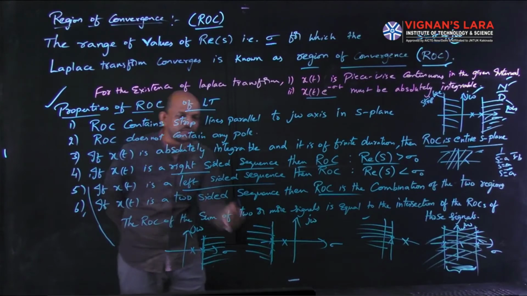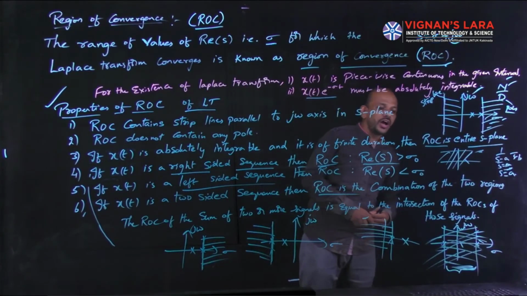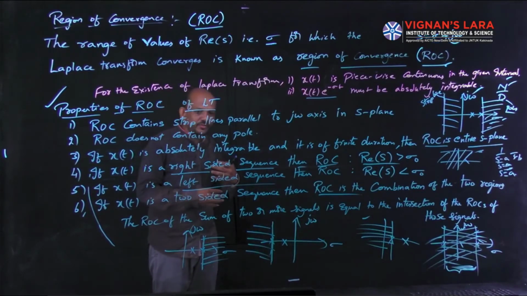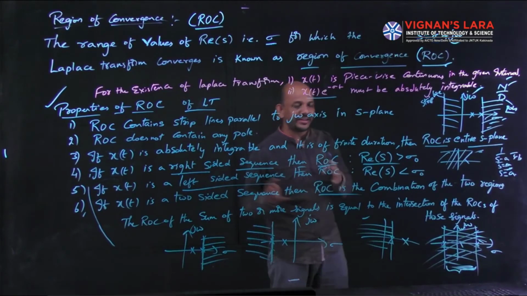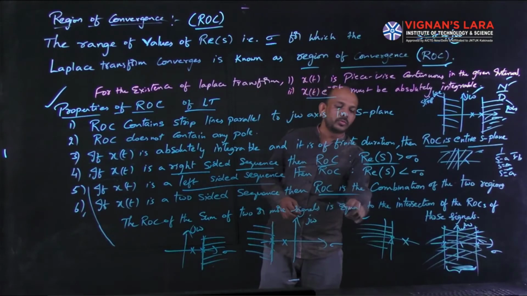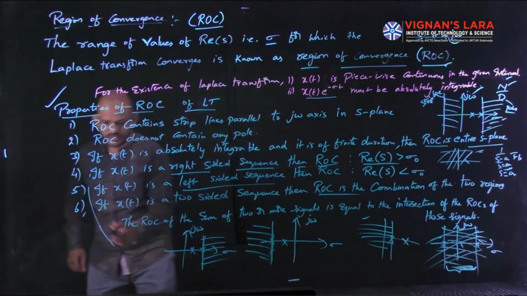The ROC of the sum of 2 or more signals is equal to the intersection of the ROCs of those signals. Simply, if I want to find the region of convergence of the sum of 2 or more signals, say I have taken 2 or 3 signals or 4 signals, then the ROC of the sum of the two or more signals is equal to the intersection of the ROCs of those regions. Simply, see